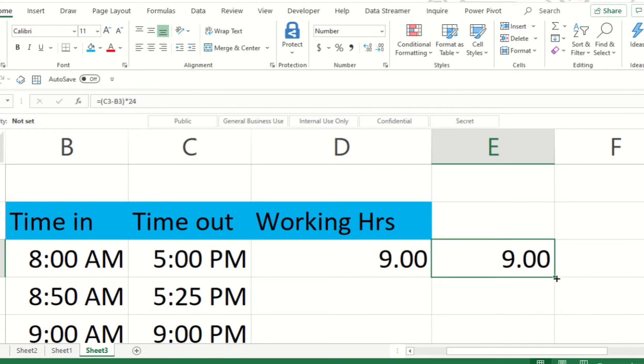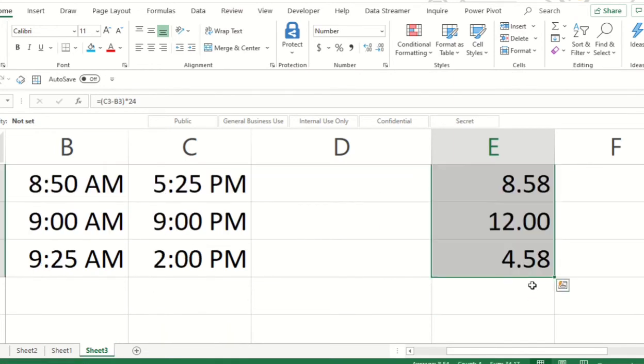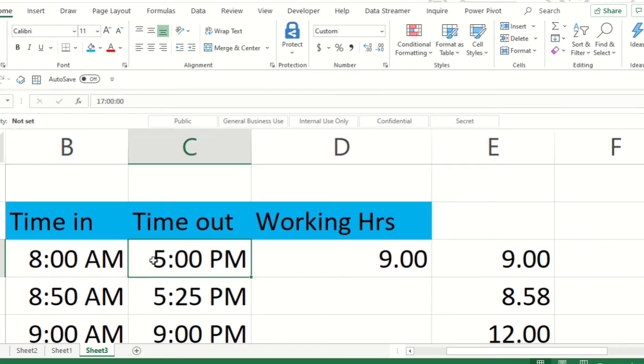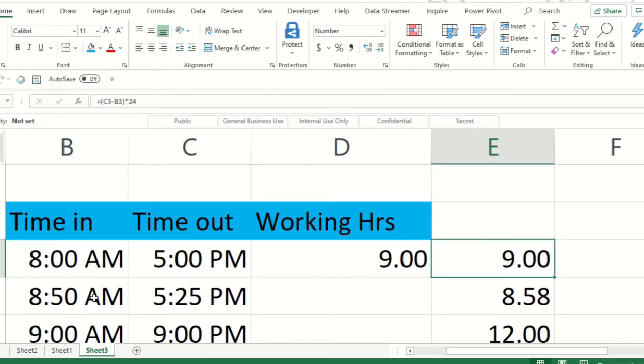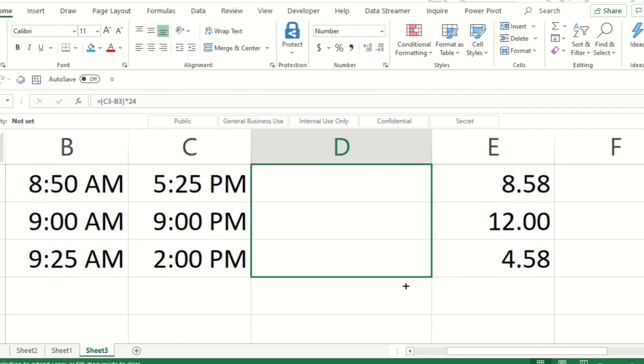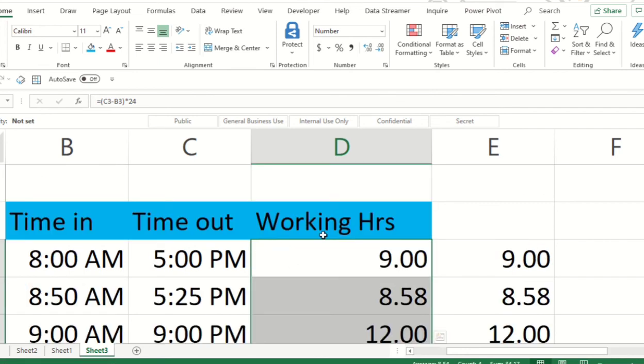So right now it will show you the number of hours worked. You can also look at the difference: 8 to 5 will be 9 hours, and 8:50 to 5:25 will be 8 hours 58 seconds. This is the way you can calculate the total hours worked for a particular day.